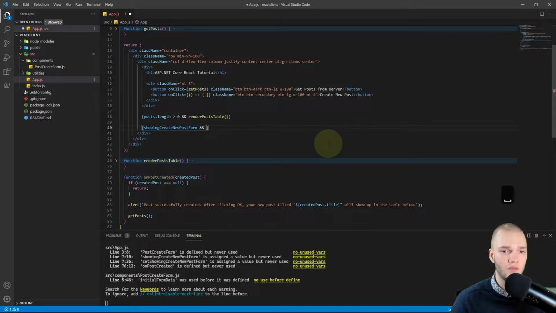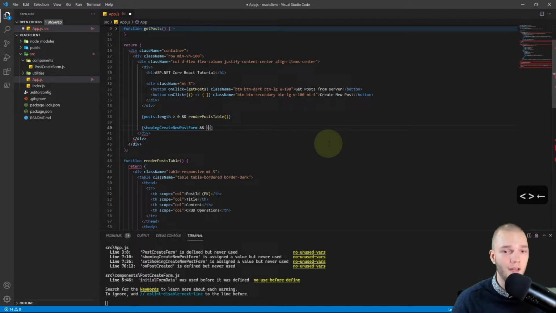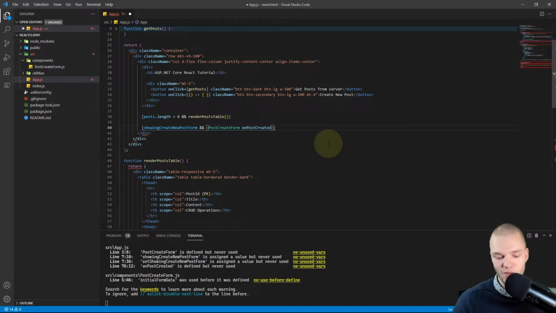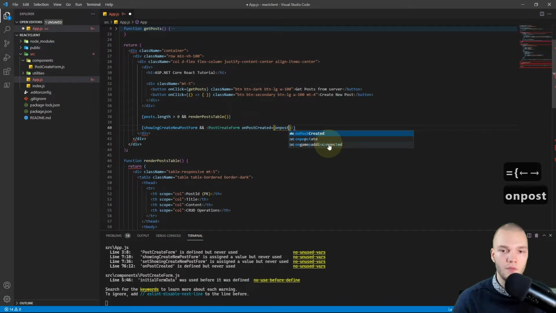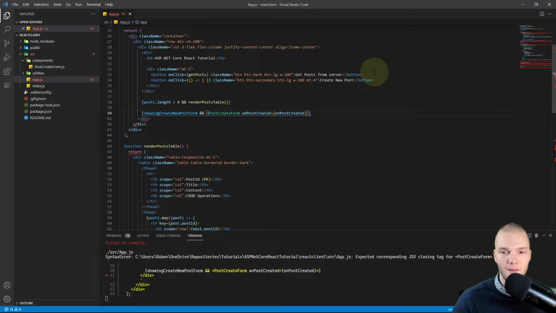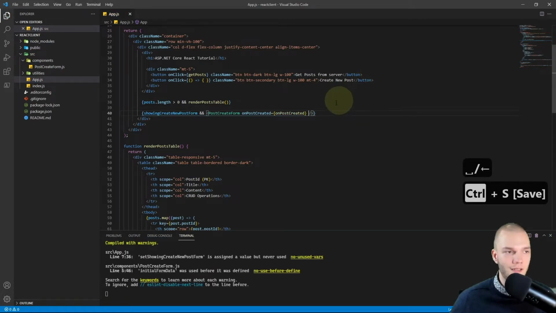So if it's true, and then that HTML element sign, and then type in the PostCreateForm, and for the onPostCreated property or props or parameter, however you want to call it, I'll set it to onPostCreated. So kind of like a delegate in C#, and I'm just going to add a self-closing tag, right?